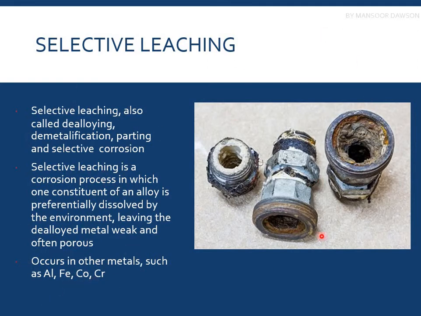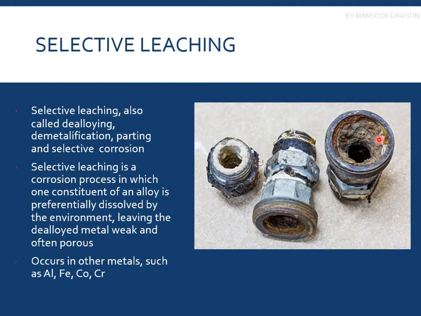What you see here is brass fittings used in toilets and other plumbing fittings. These are usually made of brass, and you can see the corrosion product over here, which is zinc. So brass has copper and zinc. The zinc is preferentially corroded, preferentially oxidized. It comes out from the copper matrix and reacts with the environment to form corrosion products,